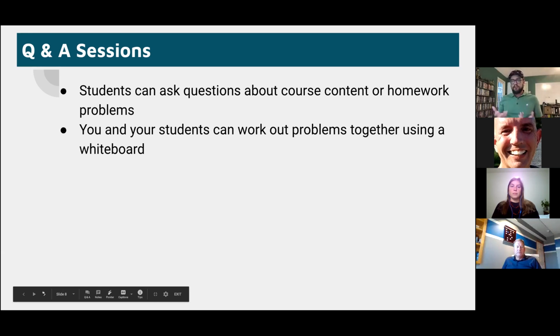Also, it's nice because you have access to a whiteboard where students can work out problems with you. What I usually do with this, because I know our non-trad students don't always have access to things that they can work out, is share the whiteboard with them and allow them to write on it with me. What I usually do in lieu of that is ask them to tell me what to do as I'm solving a problem. I'll ask them to walk me through the problem